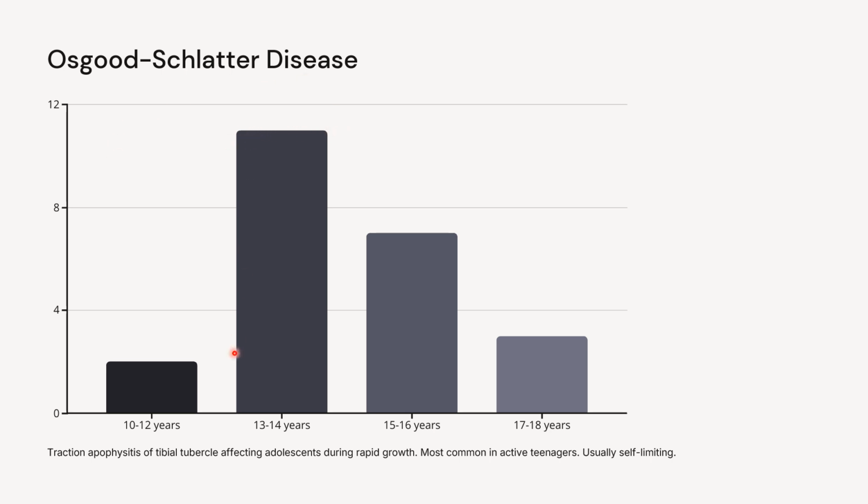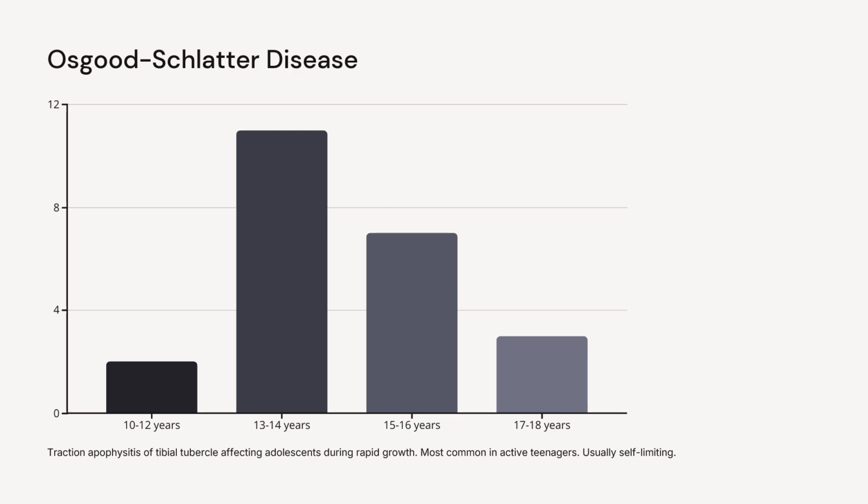As I said, it is present only in children and adolescents because the apophysis is still not fused. It affects adolescents during rapid growth, when they are active during the stage. It is usually